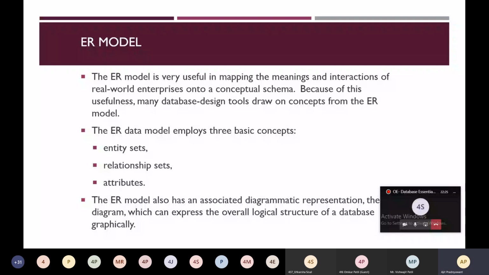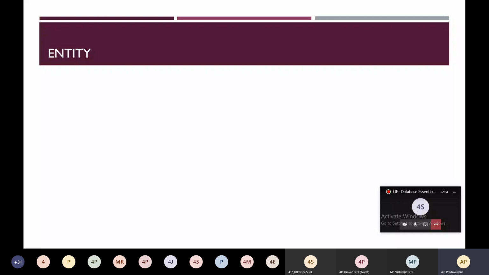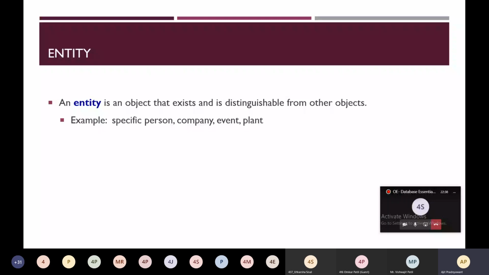So first is entity. What is meant by entity? An entity is an object that exists and is distinguishable from other objects. An entity is a real object, and it must be distinguishable from other objects.